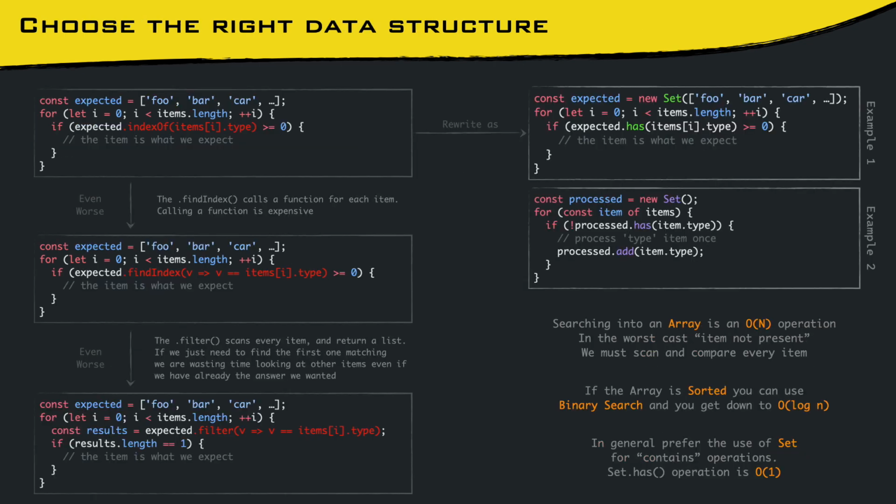Choosing the best data structure for the job is always something to keep in mind. For example, sets are useful when you want to store unique values and you want to check if a value is in there. When you have a validation list and you want to check if an item is in there before doing something with it, or you want to iterate over something and you want to check if you already processed that item before executing the operation, a set instead of a list is a good candidate. Otherwise, you'll waste a lot of time scanning over and over the array.